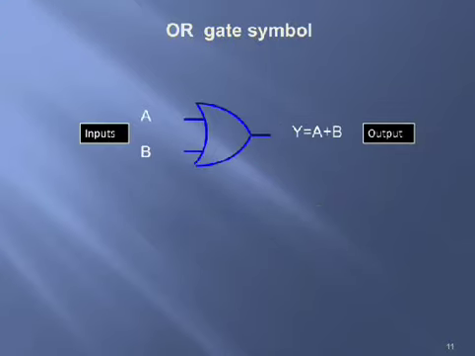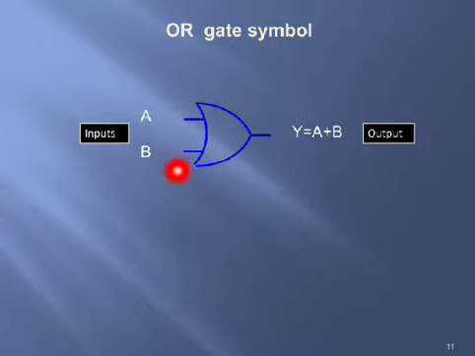We will see the symbol. The symbol of the OR gate is like this. For this symbol, you can call it a two input OR gate. Always, the naming for an OR gate is done with respect to the number of inputs. It cannot be done with respect to the number of outputs, because any basic gate or logic gate consists of only a single output, but it can accept two or more inputs. Since for this OR gate you are using only two inputs, it is called a two input OR gate.